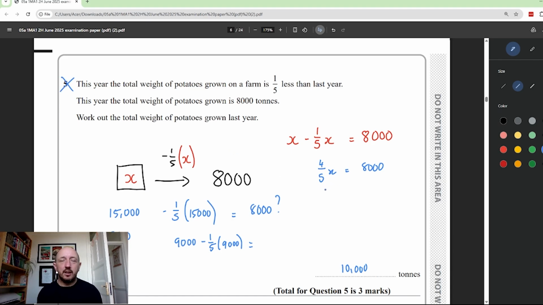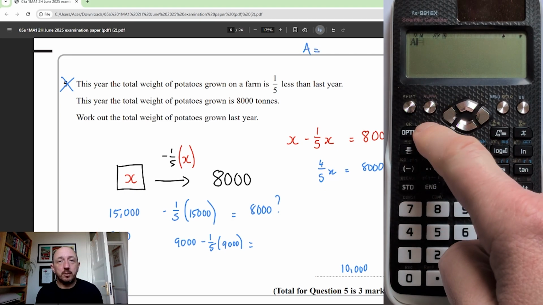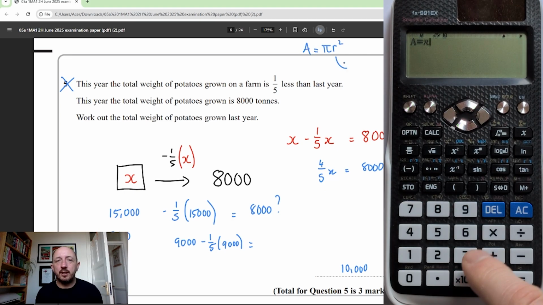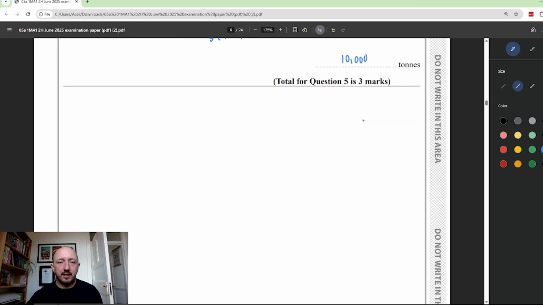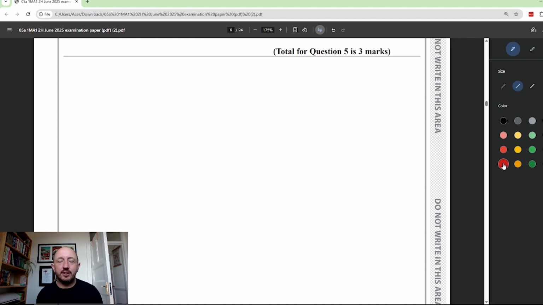So try to use this in maths. You might have to use a different letter if you have a formula like area equals pi r squared. We don't have an R button, so change it for an X. And I just wanted to mention as well, because there's an overlap with physics, where you're going to have about 25% of your test on doing questions where you find a random formula from the formula sheet. Let's just pick potential difference is equal to